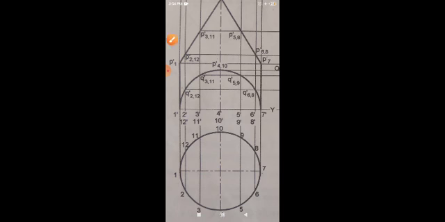Then put one end of the compass over here and draw an arc on both sides of this figure. In the same way, put it at this point and draw the arcs. You will get points on both sides. By the same way, put it at the next point and draw the same arc on both sides. By doing the same, you will get all the points.